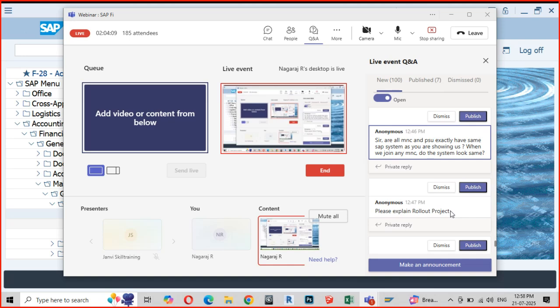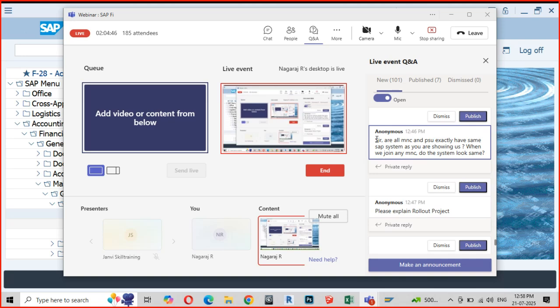It is only some portion of the finance which is undergoing the change. Suppose something changes in the asset accounting tomorrow. Are you going to change the entire finance module? No, you are going to take up only the portion which has changed and apply those patches. So this is a typical example of your rollout projects.